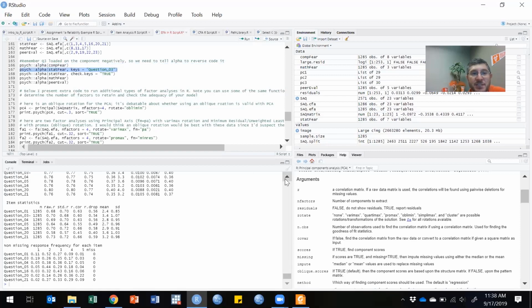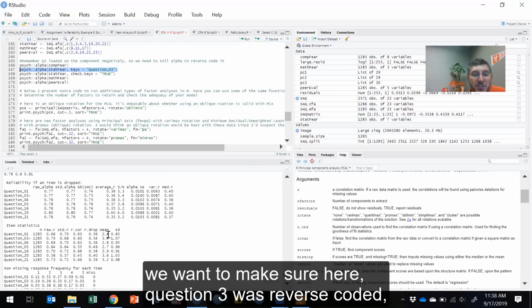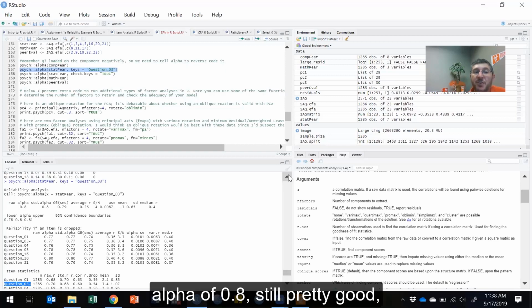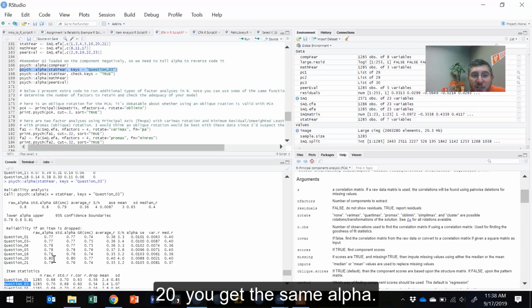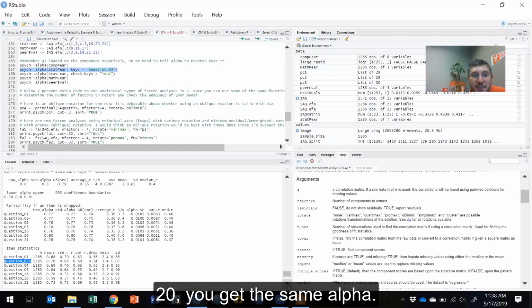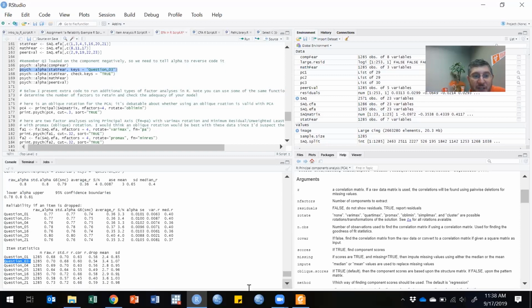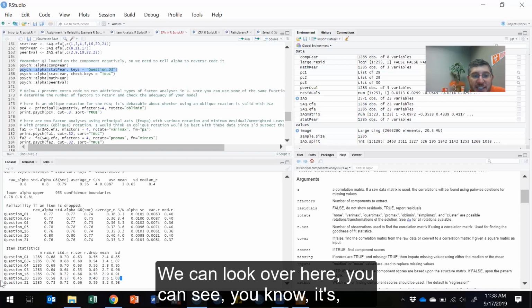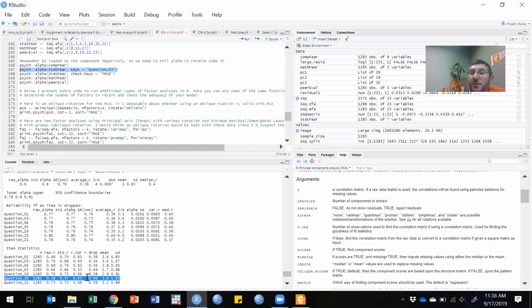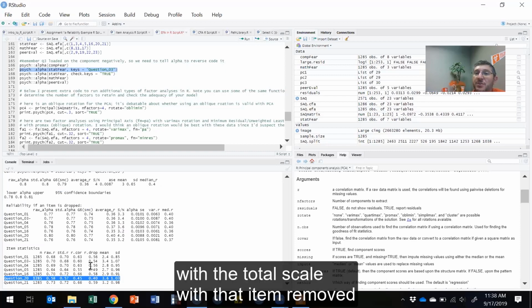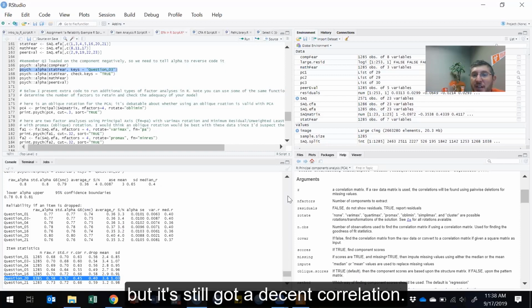statistics items. We want to make sure here question 3 was reverse coded. Alpha of 0.8, still pretty good. Removing any of the items doesn't really improve alpha. 20, you get the same alpha. We can look over here. You can see it's not as highly correlated with the total scale when the item is removed, but it's still got a decent